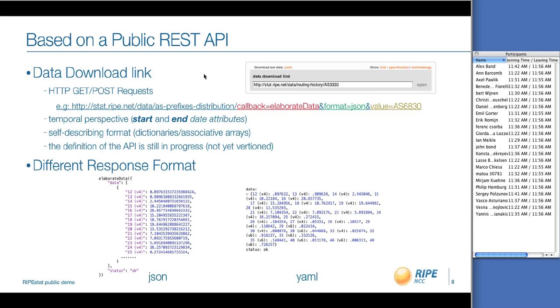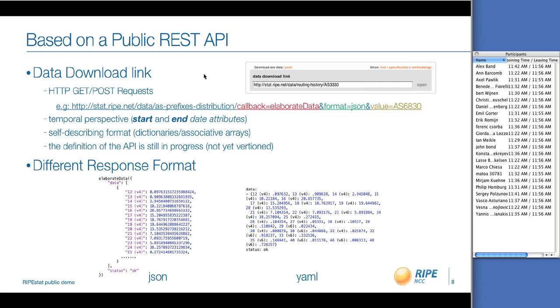A helpful enhancement has also been added to the raw data API, because we try to make the output self-describing, self-explanatory somehow. This way you can find the key value structure with associative arrays where the textual keys actually describe what the values are about.